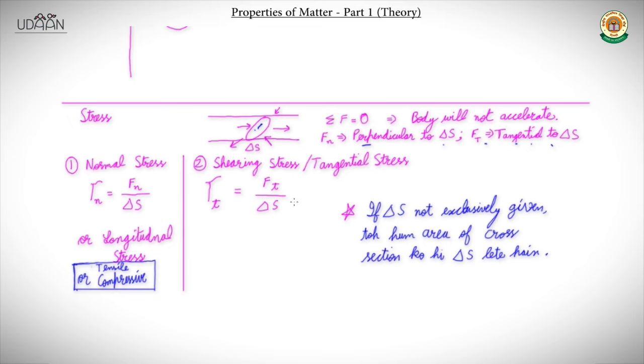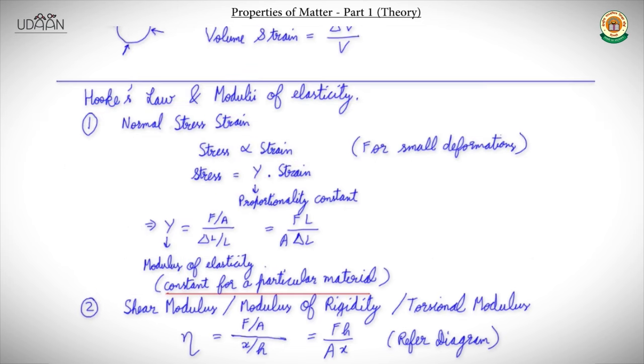So where will Fn and Ft be in the figure? In the figure, Fn would be the sum of forces in this direction, and Ft would be the sum of forces in the perpendicular direction. So let's move on to the next topic,